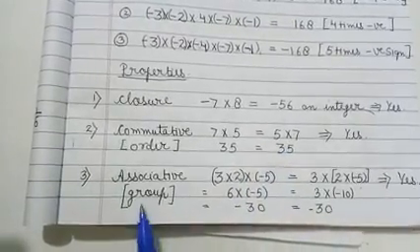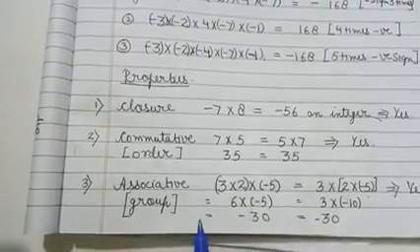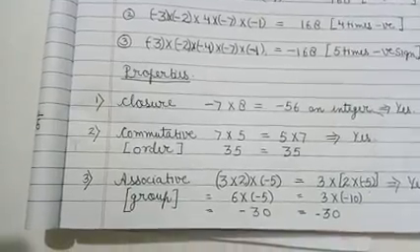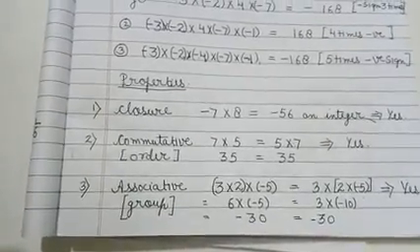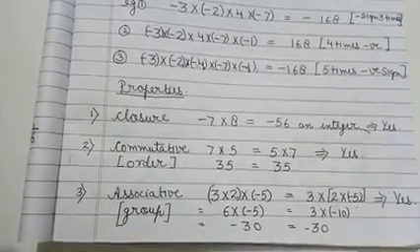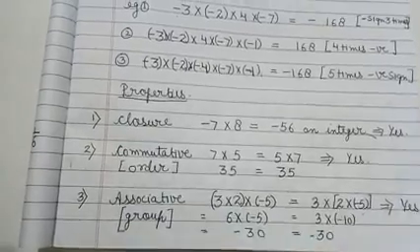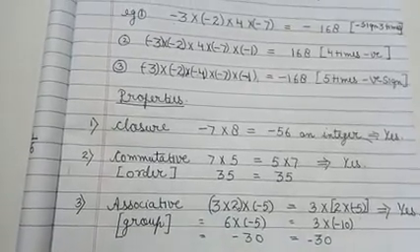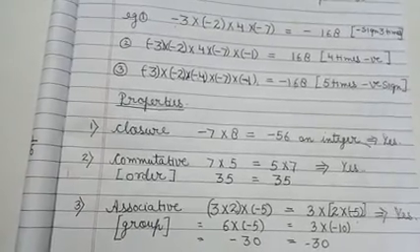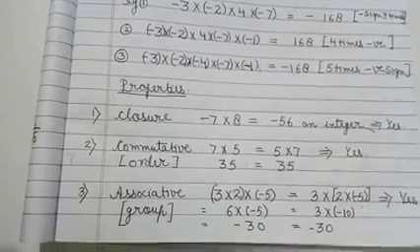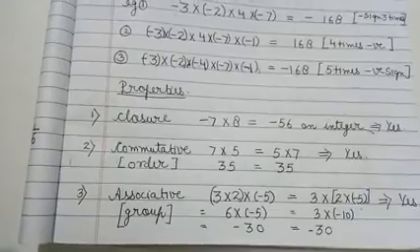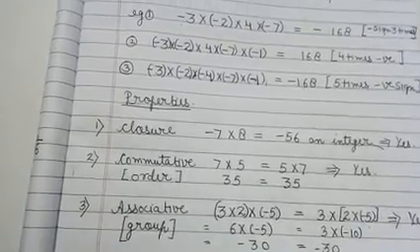The next property is the associative property. In the associative property, what will we do? We will make groups. Now we will see whether changing the groups changes our answers or we get the same answer. In case of addition, our answer does not get changed. So we will say that addition of integers holds the associative property. In case of subtraction, we are getting different answers, and we have said that subtraction of integers does not hold